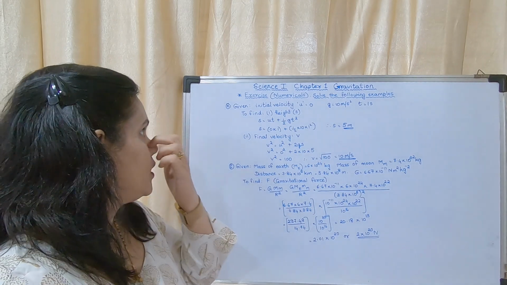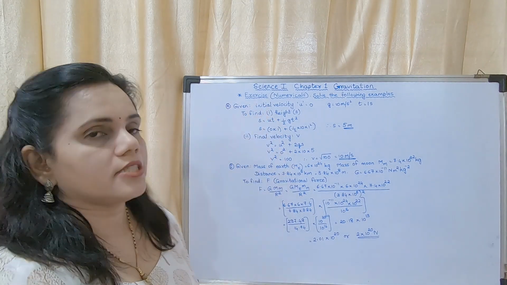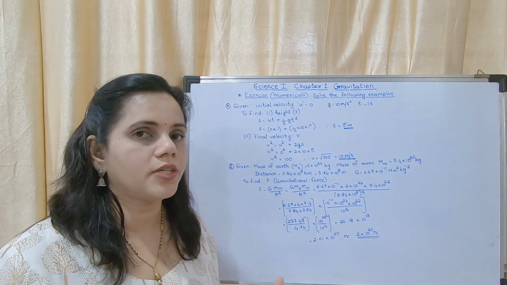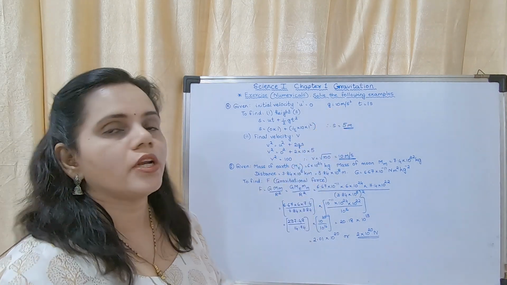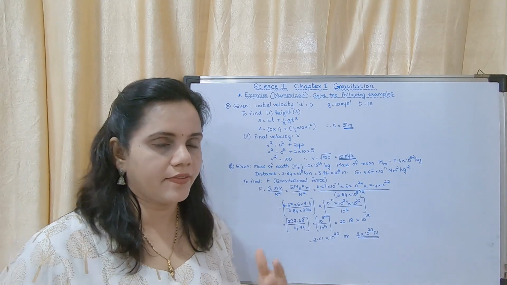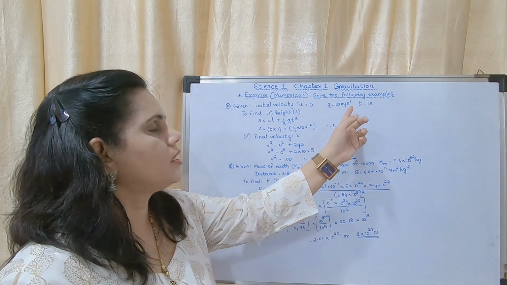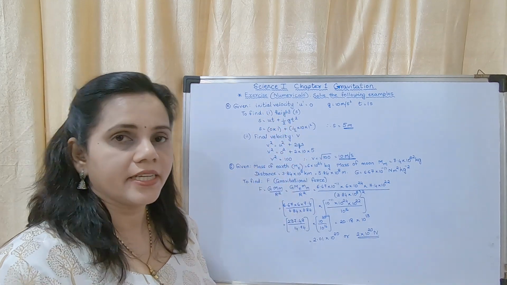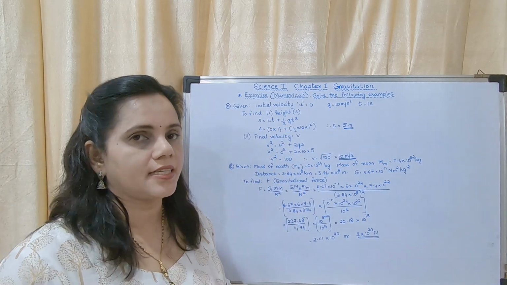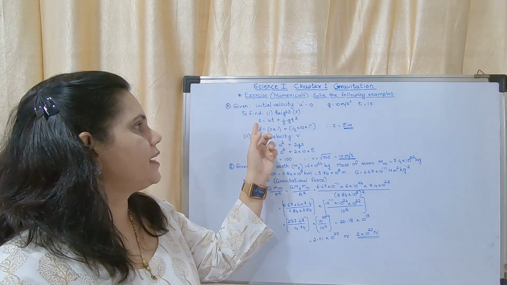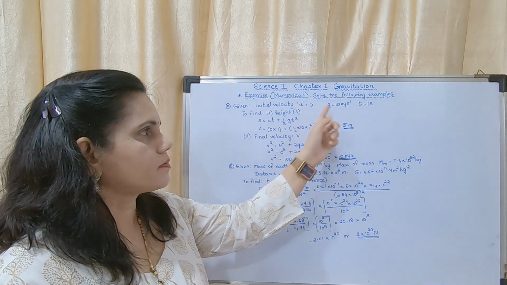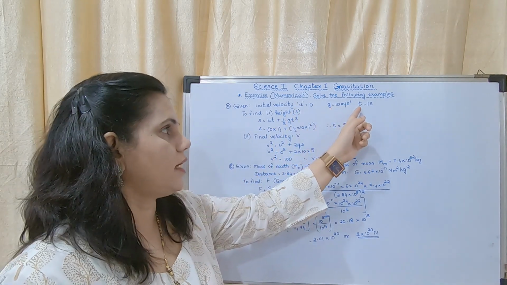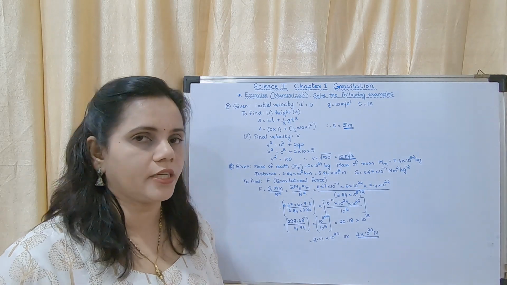Okay. So here given initial velocity is equal to 0 because the object is falling, and g is equal to 10 meter per second square. I have taken it as positive. Now t is equal to 1 second. First you have to find the height. Okay, that is the distance, that is s. With the equation, you have u, you have g, you have t. So you may take the second equation.